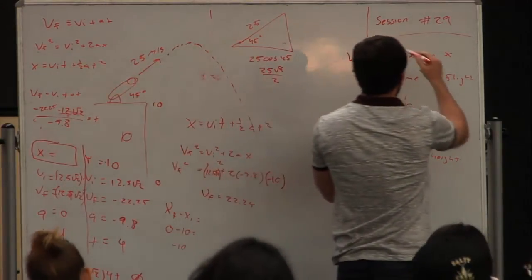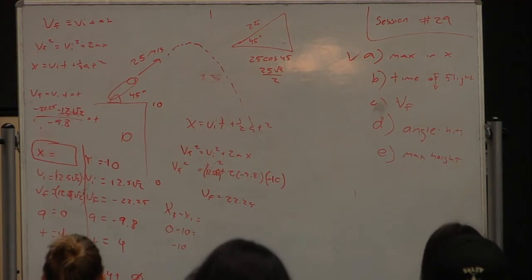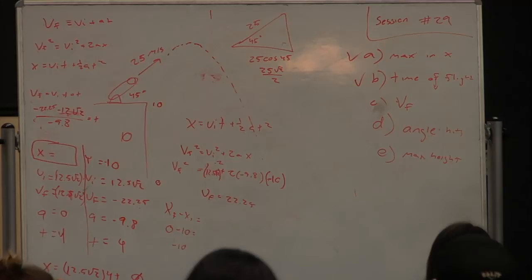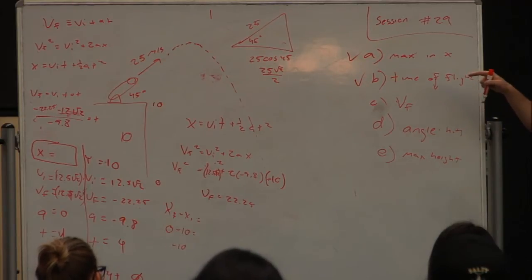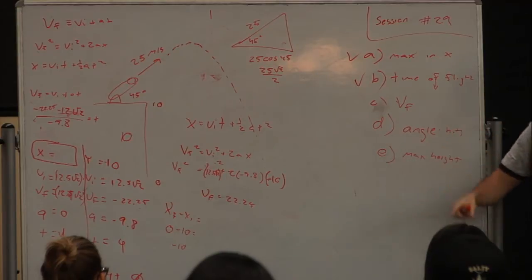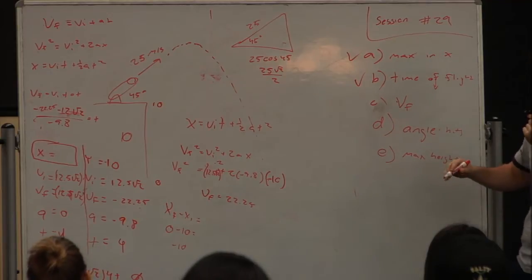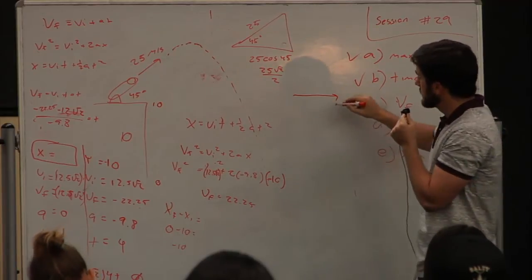What else did we solve for in that time period? Our time of flight. Did we also solve for our final velocity? What is it? So I'm going to put negative 22.25 down. That would give me the wrong answer. I want to solve for the final velocity of the thing before it hits the ground. If I put 22.25, that's our final velocity in the y direction. It doesn't encompass the x direction, so we need to solve for that vector component. So we have something that looks like this, right? This is our x final, and this is our y final. This is 22.25. This is 12 square roots of,